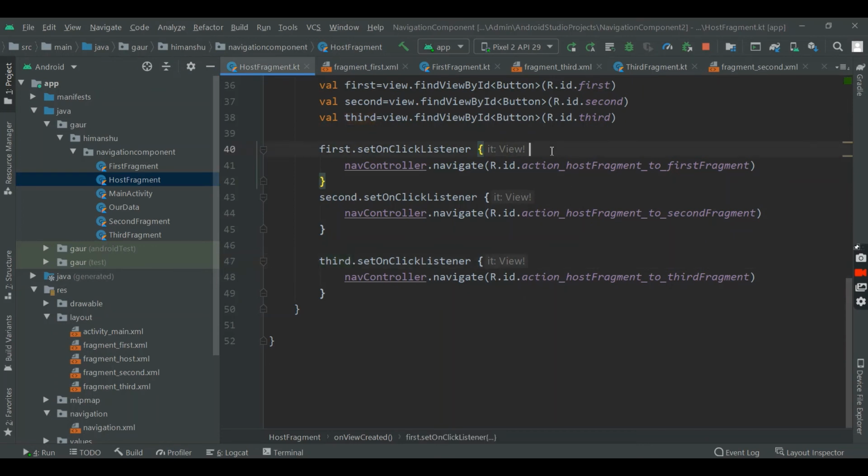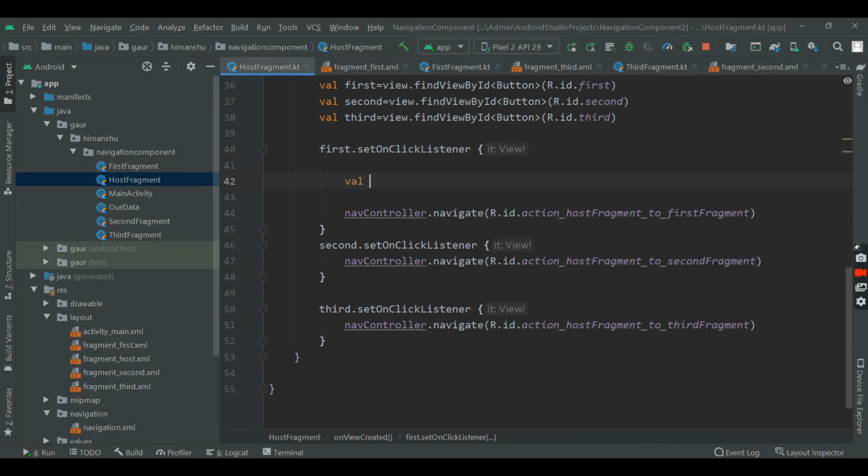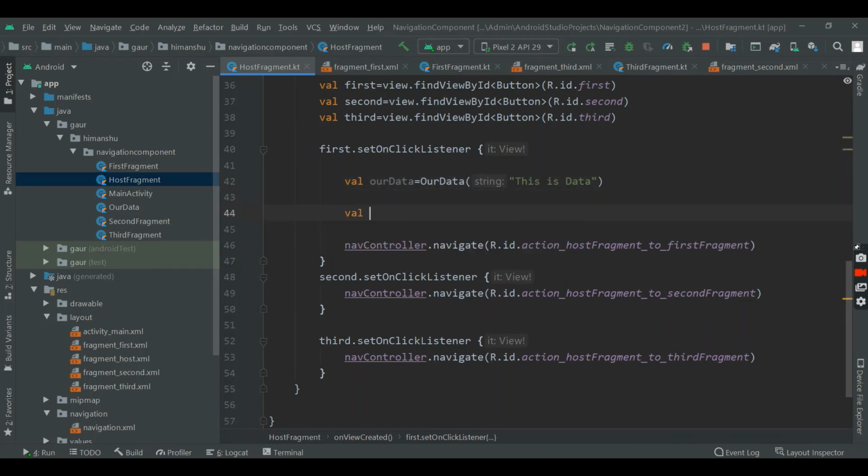So we create a variable of type our data and pass a string. This is data in my case. Now create a bundle.